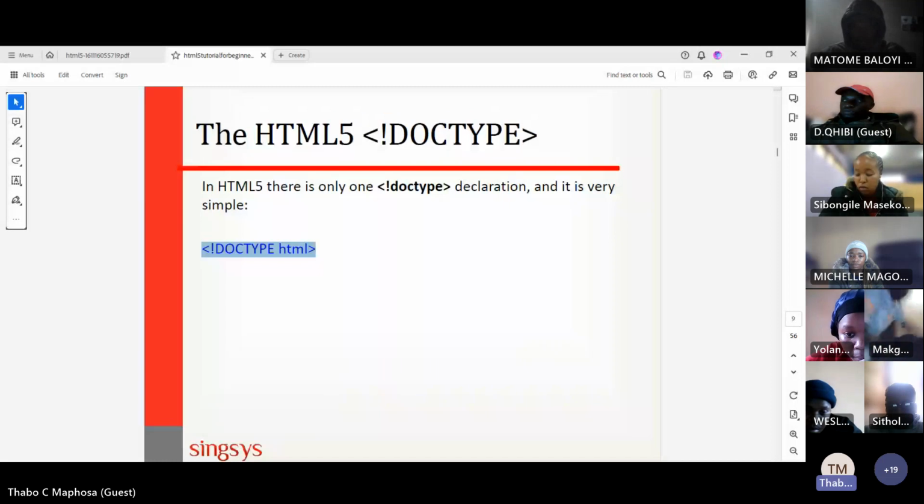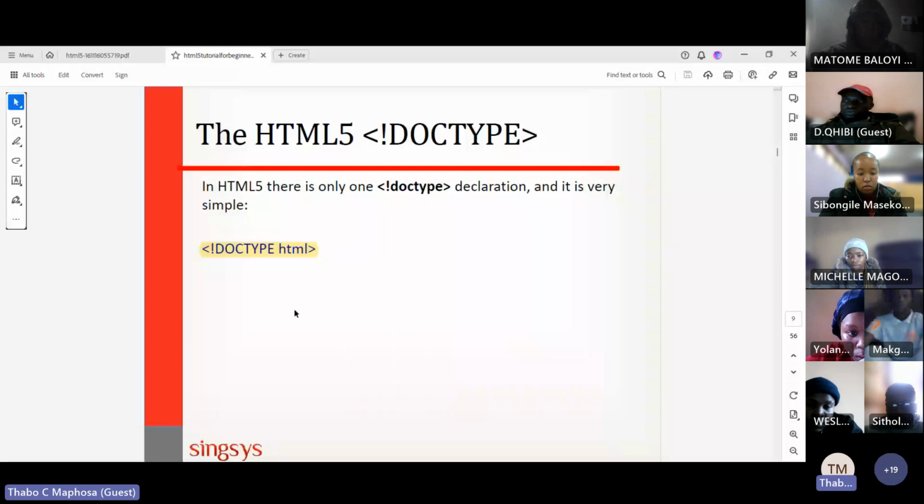As they are saying, that whole phrase, the very first part here, the open tag, exclamation, doctype, and then HTML, and then close tag, this declaration stipulates the version of HTML that you're actually using.